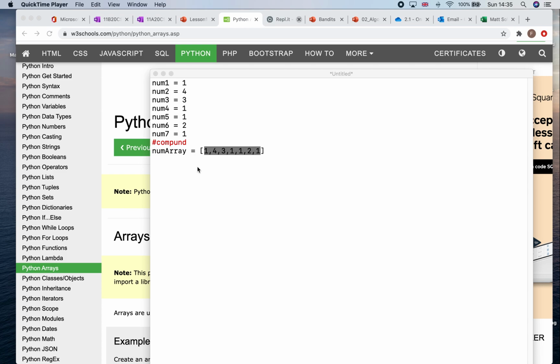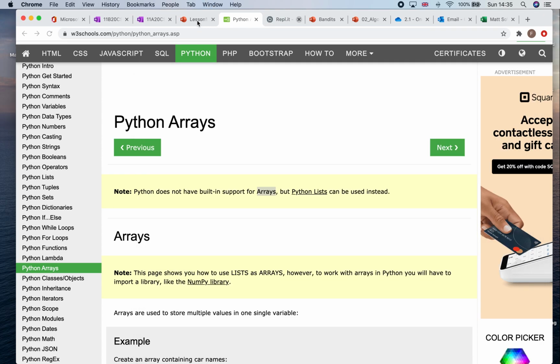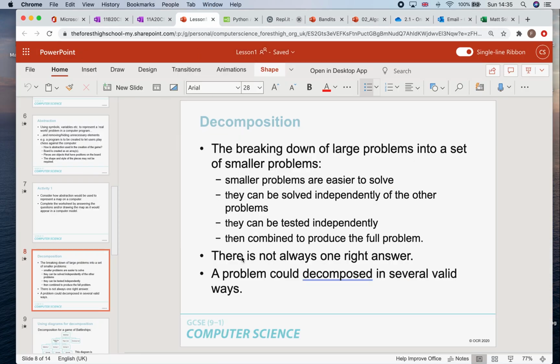Small mistake. I spelt compound wrong. Not that it's going to make any difference. But I can't talk and spell at the same time. That's too difficult. What I'm going to do now is, as I stated earlier, is that there is not always